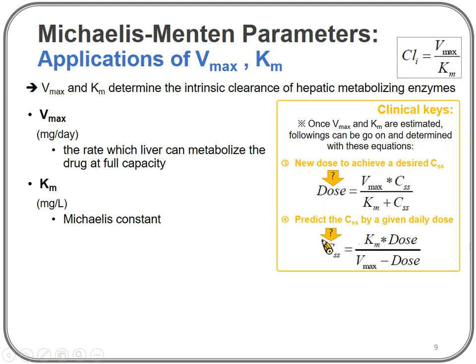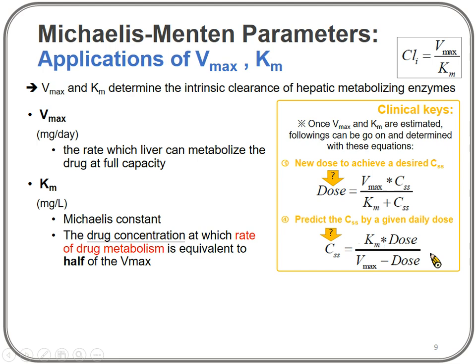So these can both be translated with these equations. On the other hand, the Km, as the Michaelis constant, has another important clinical point,